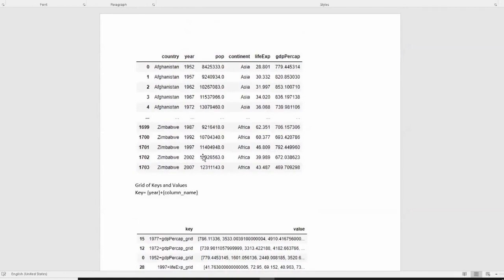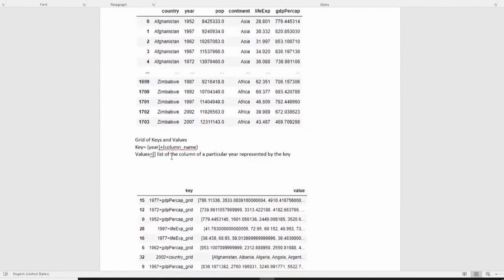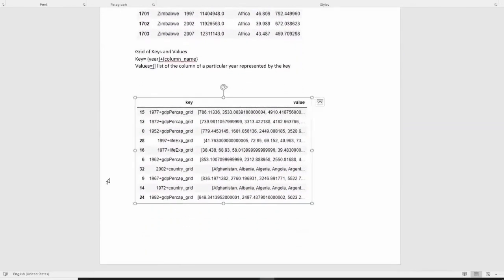And its values consist of a list. And this list contains the values of this column, which is represented by the key, and of that particular year. After creating this grid, we get the data set like this.